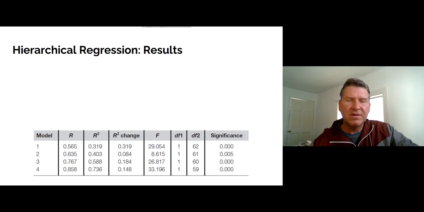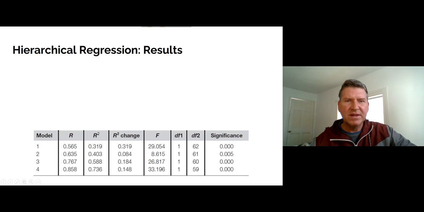The first model will be target size, then 2 will be navigation distance, 3 will be age, and 4 will be computer experience. Now notice what we have here is 4 different models, but we have an additional column here called R-squared change. And what R-squared change means is the difference that adding that particular model, that additional independent variable, does to our